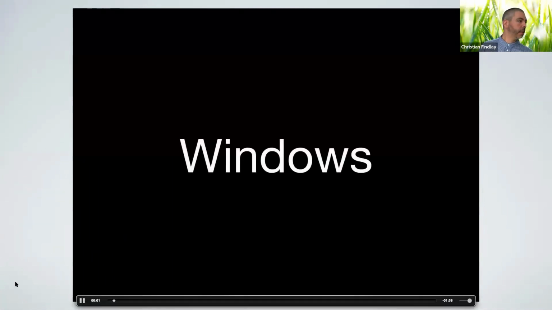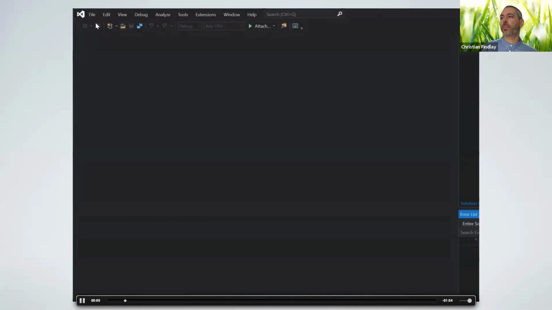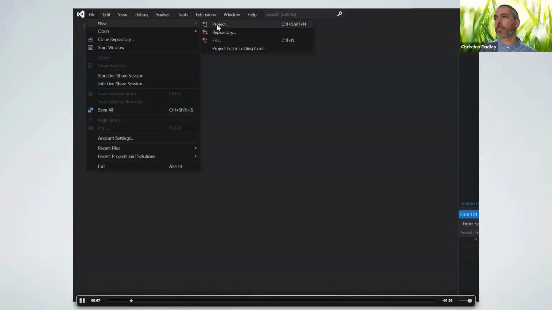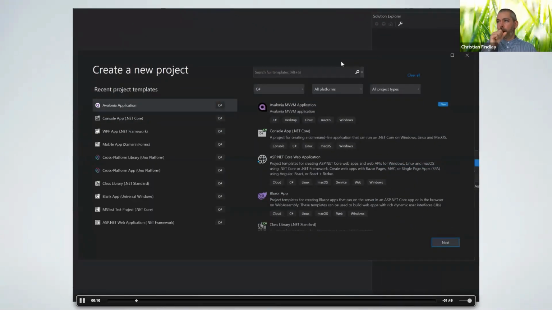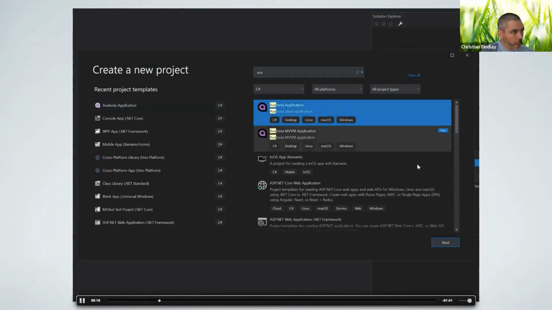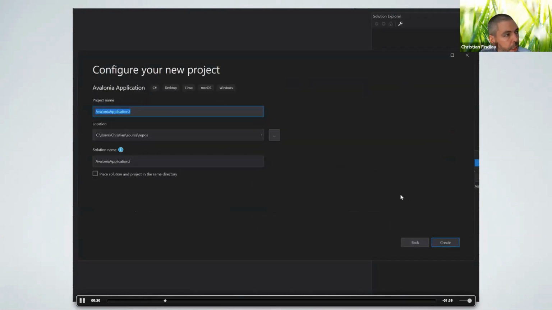And I'll run a little bit of a demo. So this is a very similar demo to what I showed of Uno. So yeah, a lot of people talk about hybrid apps. Avalonia is a pure native app, purely rendered on the native platform.